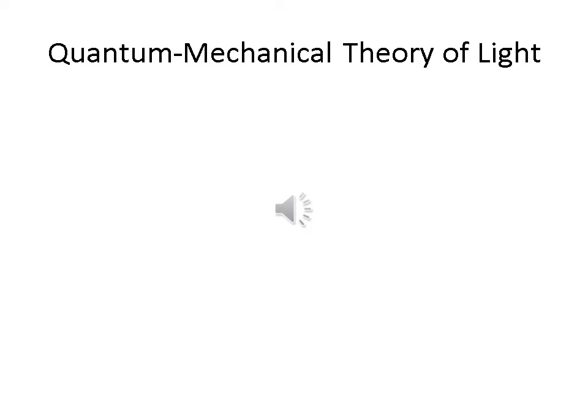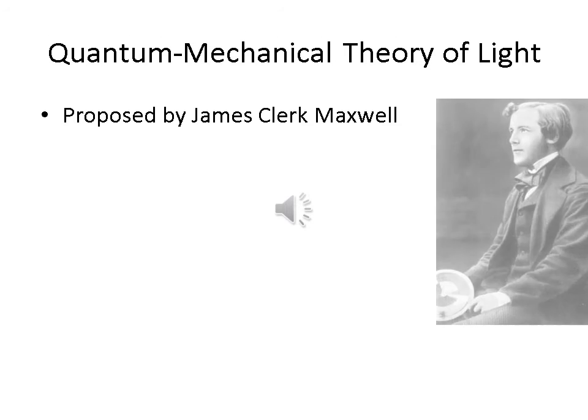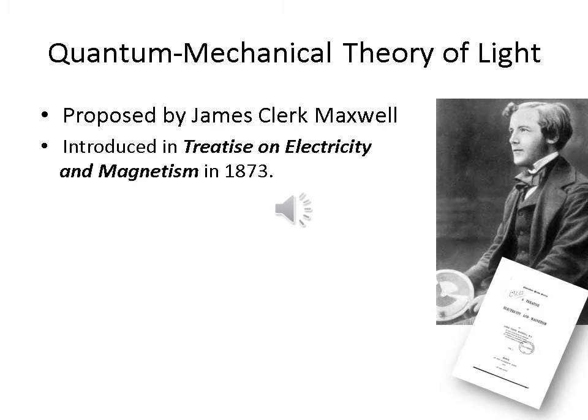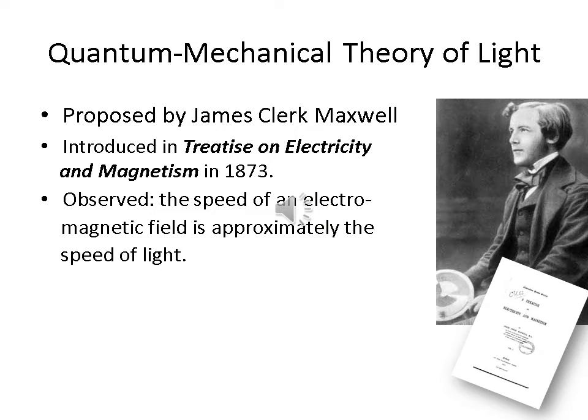Now, the quantum mechanical theory of light was first proposed by James Clerk Maxwell. He introduced it in his treatise on electricity and magnetism in 1873. He had observed that the speed of an electromagnetic wave is approximately the speed of light. In fact, in 1862, while he was lecturing at King's College, Maxwell calculated that the speed of propagation of an electromagnetic field is approximately that of the speed of light,